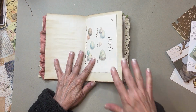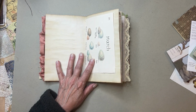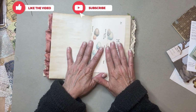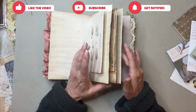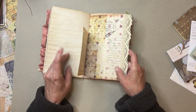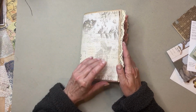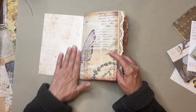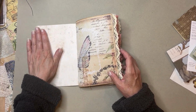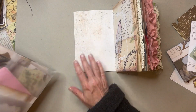And the intention is that I will be sending, as I do with all of my journals, a bunch of ephemera that goes with it, that whoever gets this can use and play with. So, all right, let's go here, and this will be the opening. We have to put something here. Maybe we'll do a layered tuck,